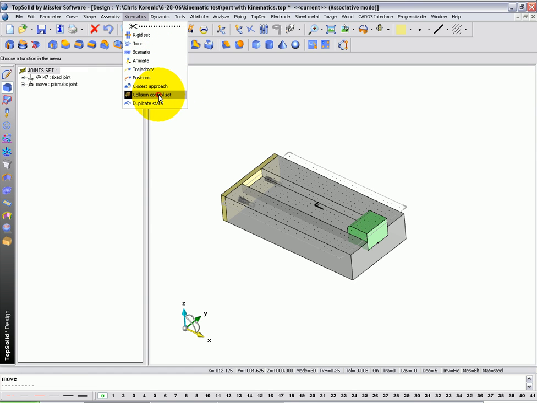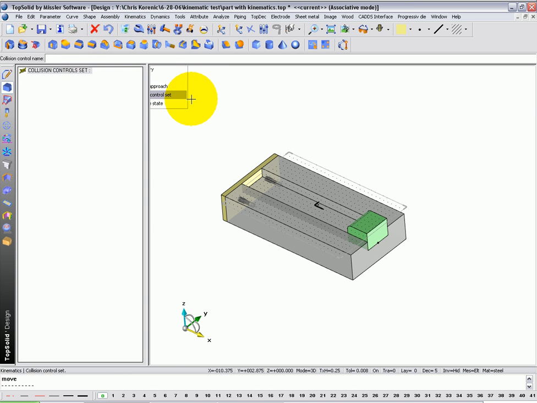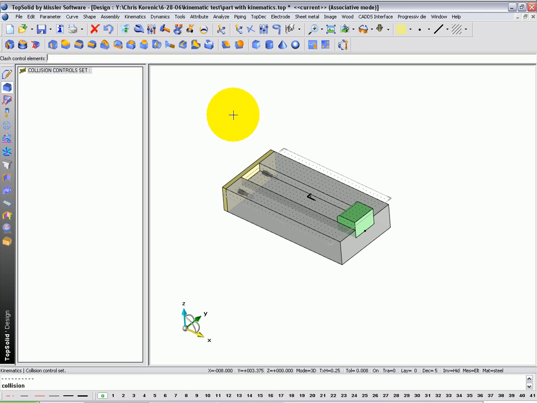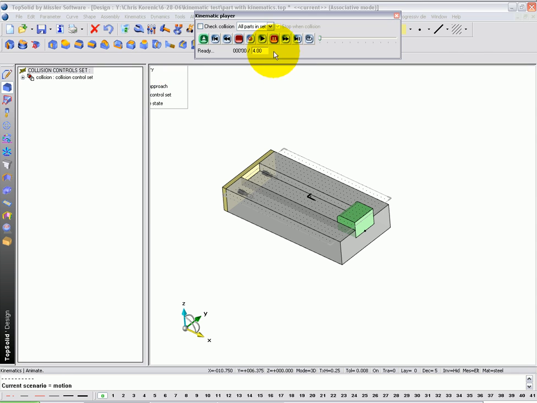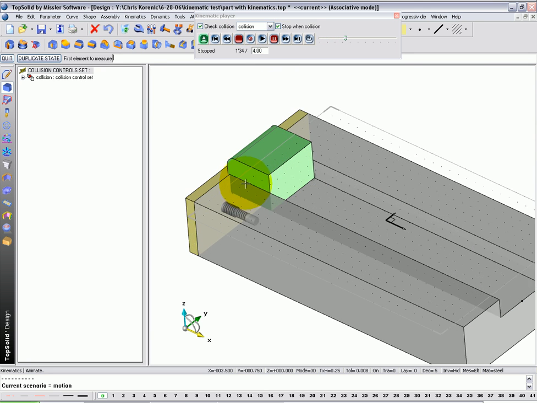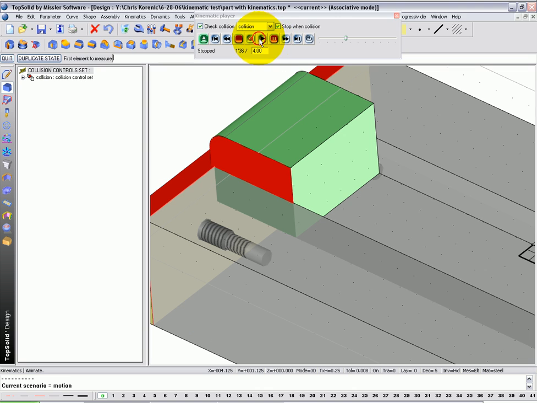So I'm going to go to collision control set, give the set a name, why not collision, and select the elements that I want to run the collision detection between. Choose stop. Let's go to animate, and this time check collision on my item called collision and hit play. And you'll see here it stops when it first collides. If we rewind this,